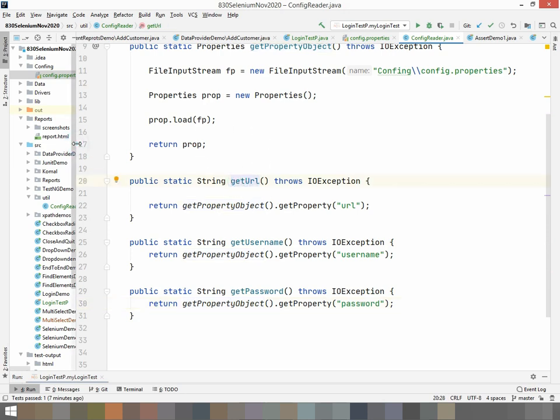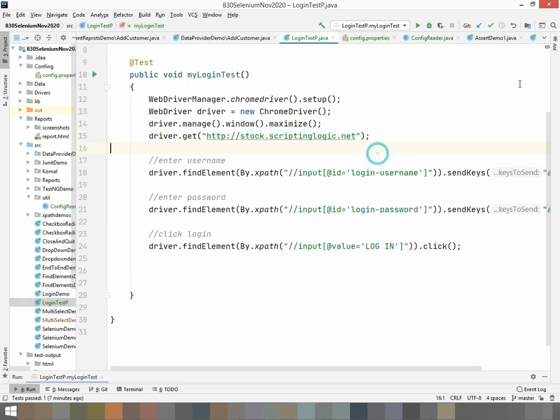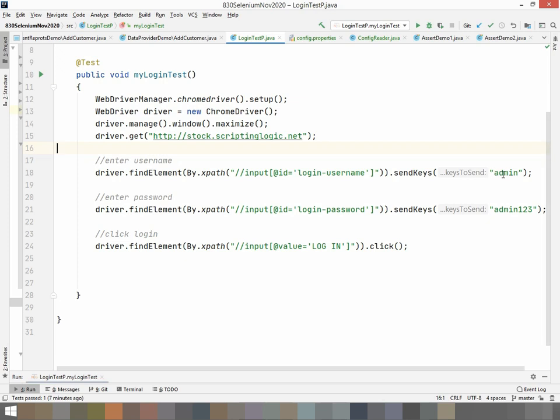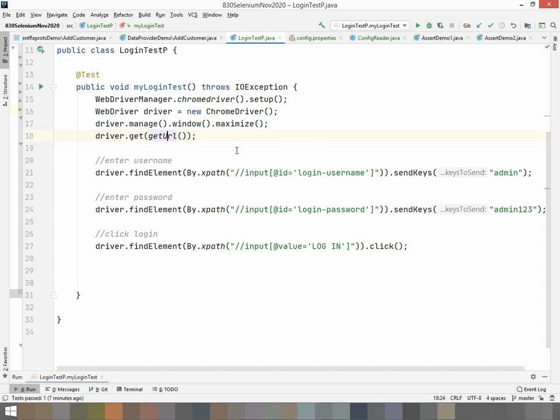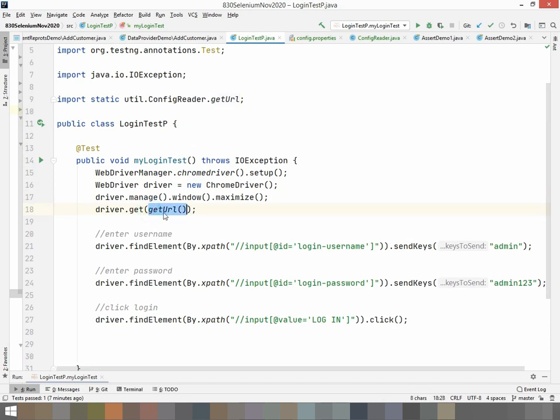Let me open this login test. Here, instead of writing the real value, we will start with the URL. Instead of this I will write get URL, and let's static import this method. It throws an exception, so let's handle this. So get URL, that's it.